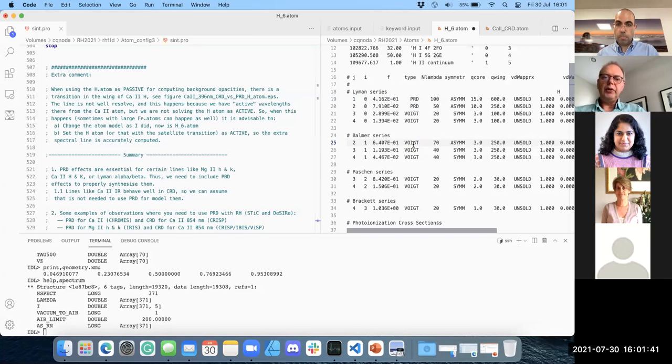Yeah. And the reason is that the H alpha line source function is already very much a scattering source function. So you add PRD, it's not going to change the source function in the wings because they're already like they would be in the wings. Yes, even if you are at extremely low heliocentric angle. I mean, even for limb observation, limb